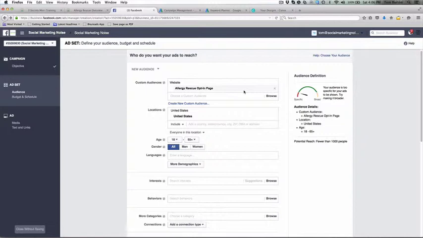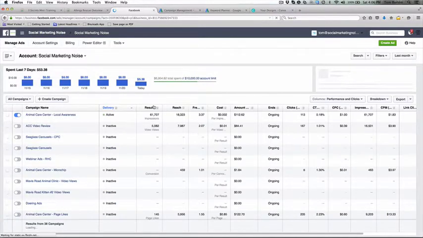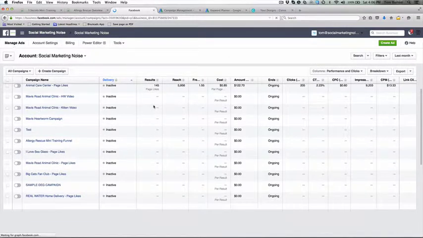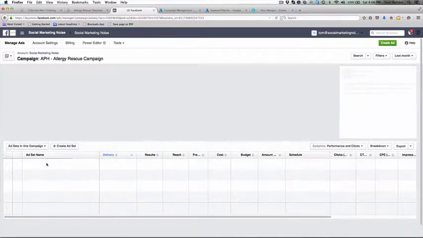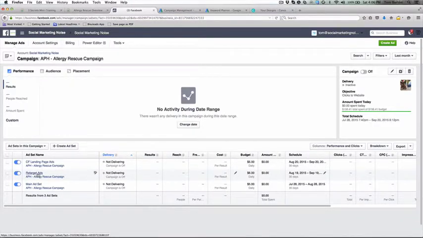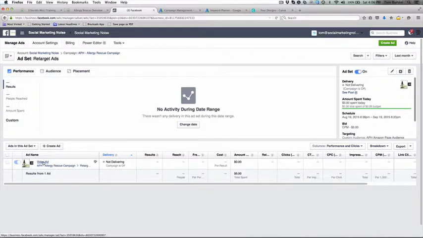And then I'd go back and set up the ad just the way that I had done before. I would actually set up the ad using the same process that we just went through. Now, what that ad will look like, or how it could differ, if I go back to the ad manager, let's go back to that same campaign. So if you remember, I had an ad set that were retarget ads. And in this case, I actually created a video ad that was the retarget ad. But if I go into the ad,